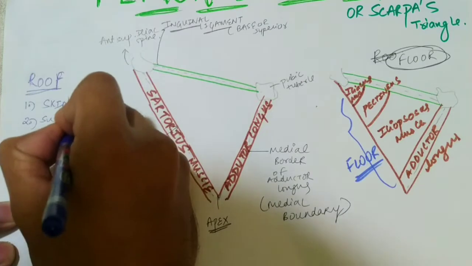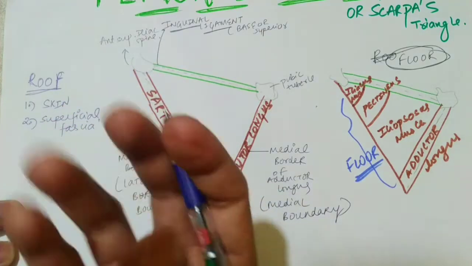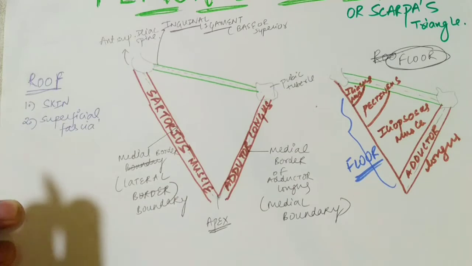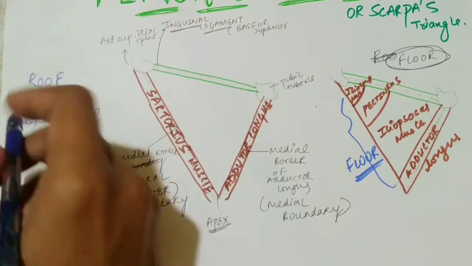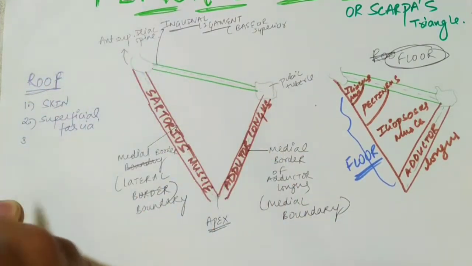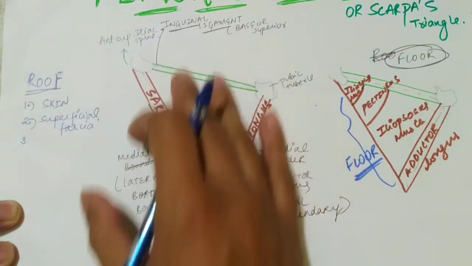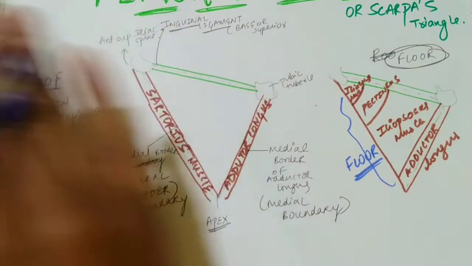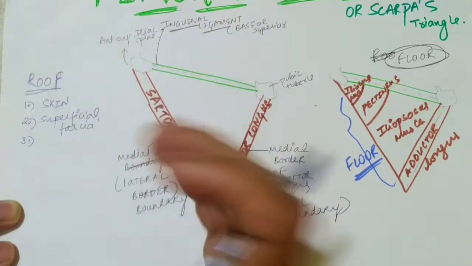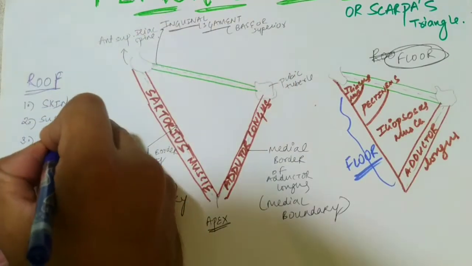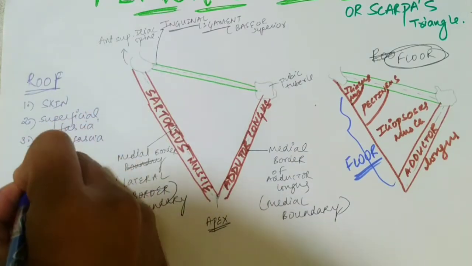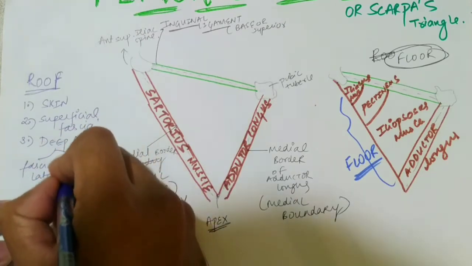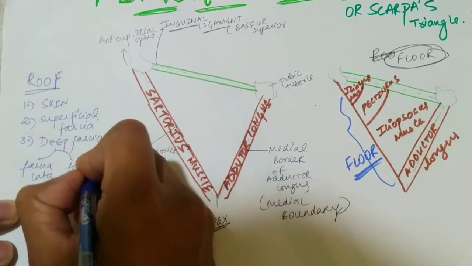In the superficial fascia there will be cutaneous nerves, and under this fascia you can see cutaneous veins and some lymph nodes. You can see the ilioinguinal nerve and the femoral branch of the genitofemoral nerve superficially. These are the cutaneous nerves supplying the skin of the thigh. And deeply there will be deep fascia, which has two parts: your fascia lata and your fascia cribrosa.